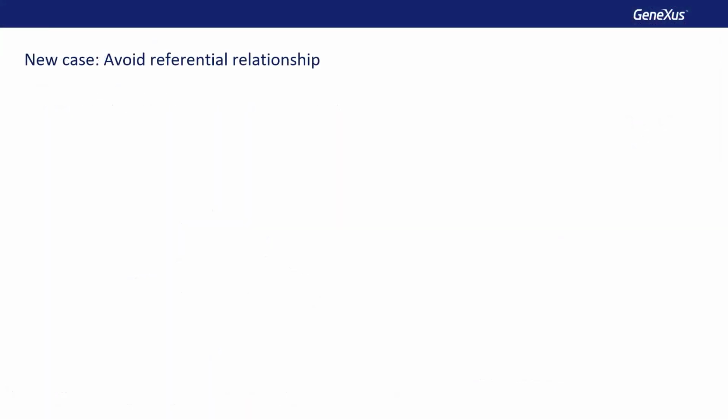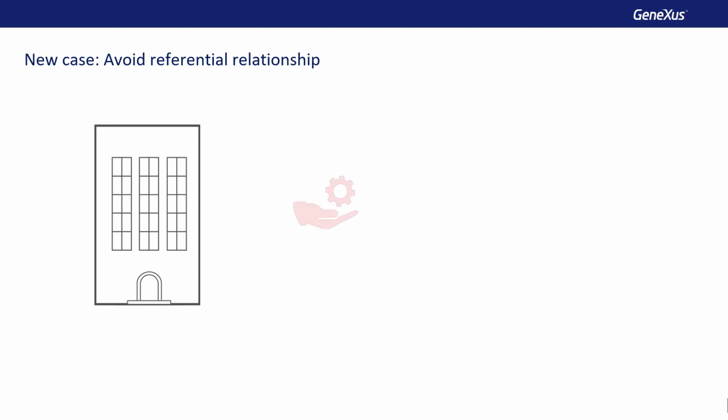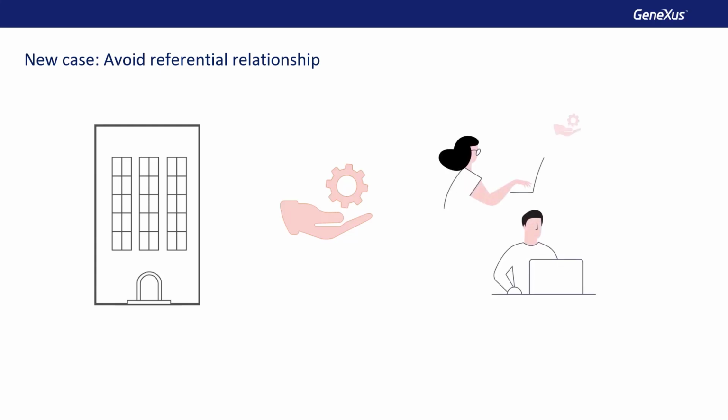Now let's study one last example, where we must avoid the referential relationship. Suppose we must model transactions for a reality in which we have companies and services that they can purchase, such as, for example, an emergency healthcare service. In turn, companies have employees who may also have purchased services that don't necessarily match those of the company they work for.